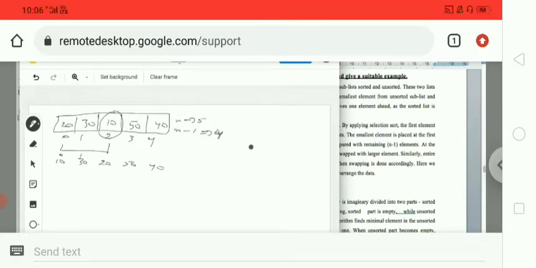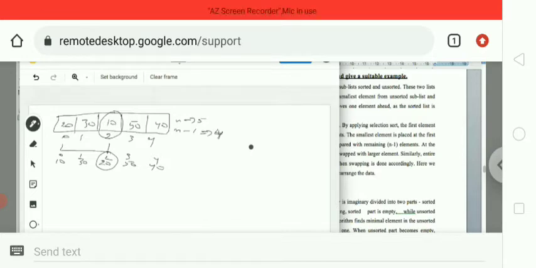So 0, 1, 2, 3, 4 indexes. Now we have to find another smallest element. In this array, we already swapped the smallest element, that is 10. Now we have to find the next smallest element, that is 20, and I have to swap this element to the next position.